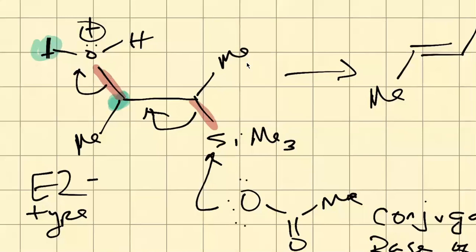Let me change the color on that, right? And so if you notice with this being anti-periplanar, I want to show you something. So the sigma bond right here, I'm gonna start with the bond on silicon. The C sigma bond,